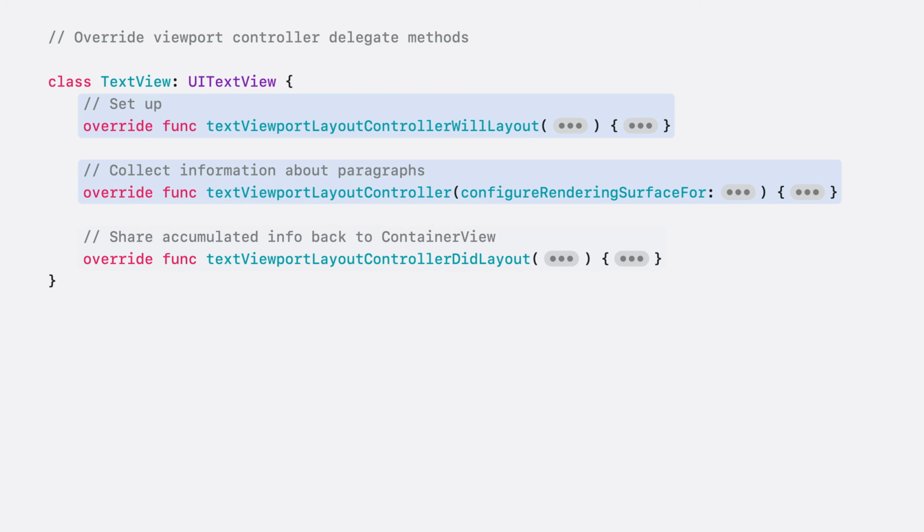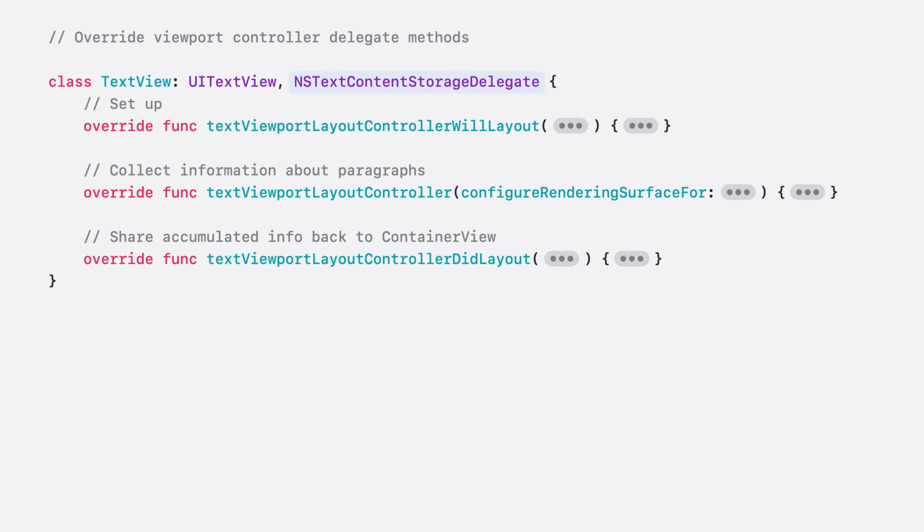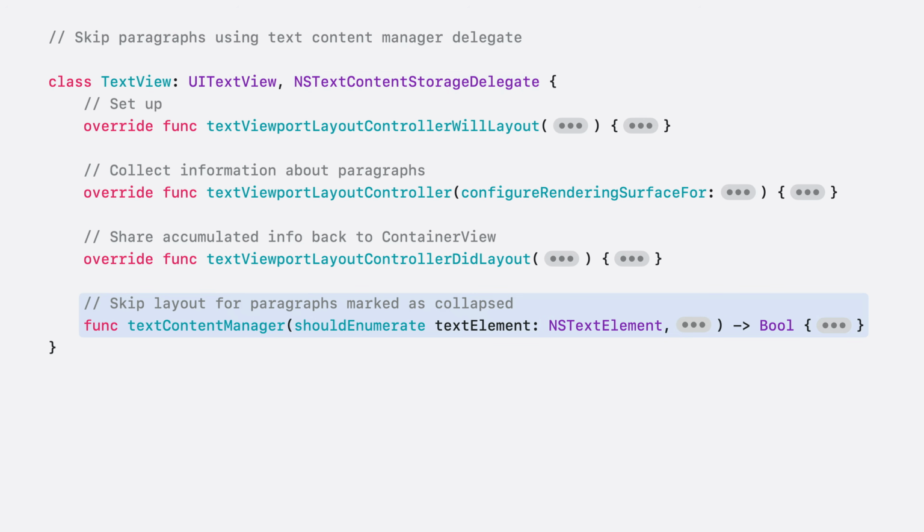To do this, I'll start with the same three viewport delegate methods from the last example. But on top of this, if a paragraph is collapsed, I want to avoid doing layout on it. To do that, I'll conform the text view to NSTextContentStorage delegate. Through this conformance, I'll get access to Text Content Manager should enumerate, which will help me mark text elements as collapsed or not. Remember, NSTextContentManager is just the abstract version of NSTextContentStorage, and NSTextElement is the abstract version of